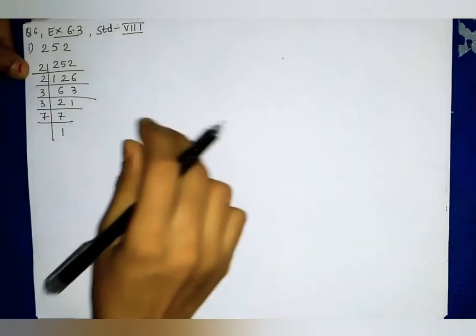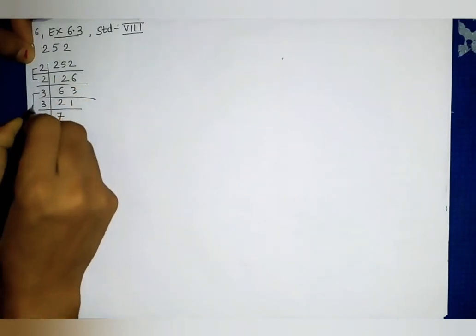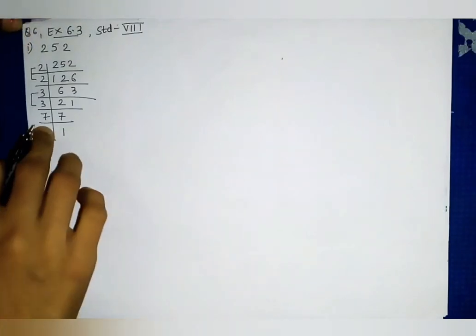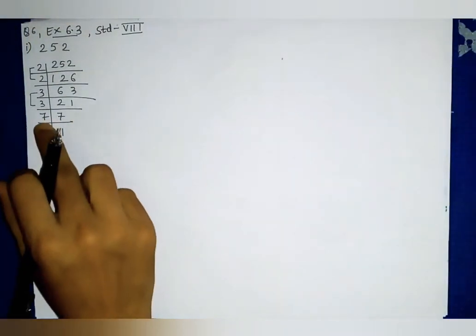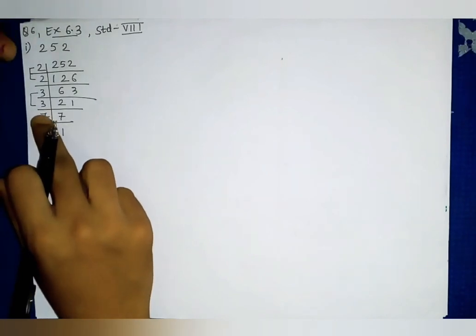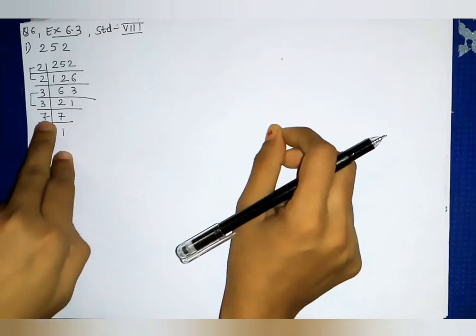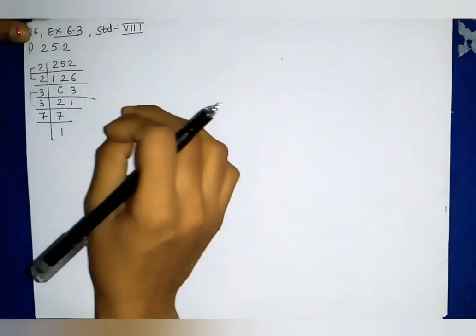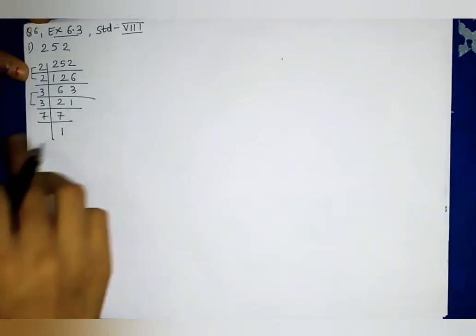Now if you see these factors, this 2 is in pair, this 3 is in pair, this 7 is one time. Okay, there is no pair of 7. So the question is which number we will divide by. Okay, so 7 we want to remove, to make it a perfect square. If you remove 7, this number becomes a perfect square. So we have to remove 7 from this number. So how will we remove? We will divide this by 7 because 7 is only one time.